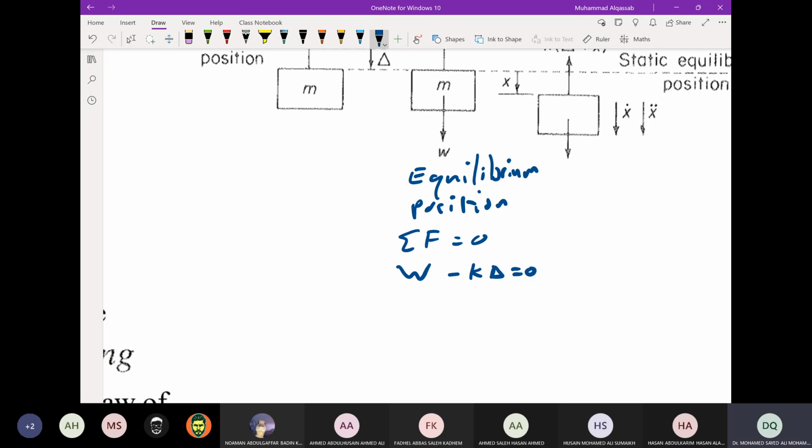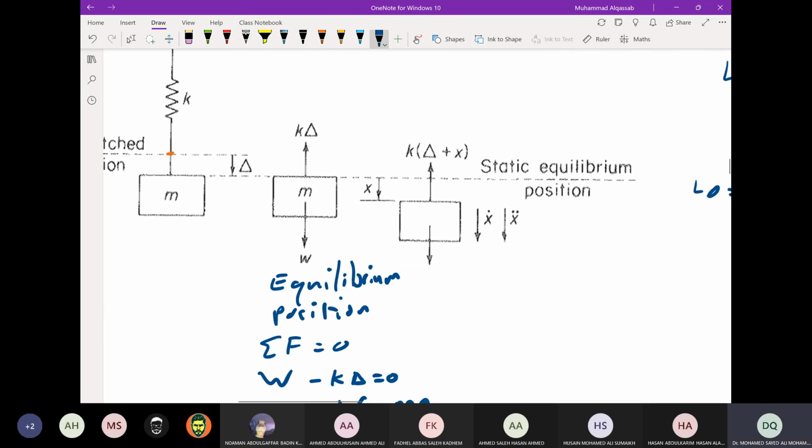It's the same because it equals 0. And then you can find delta if you want. Delta is W over K, and you can substitute for W as mg over K. Now in vibration, we also need to draw the free body diagram. Okay, this is the free body diagram